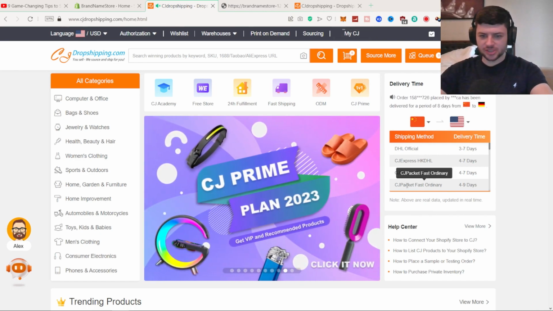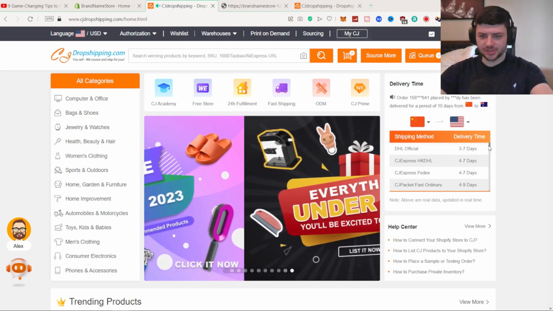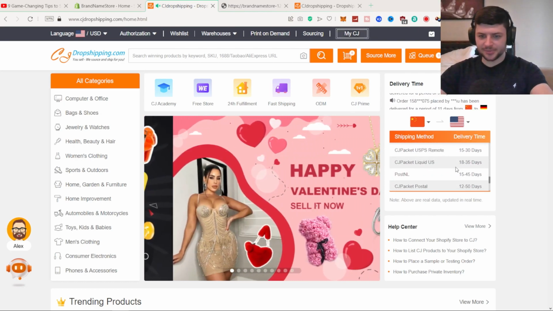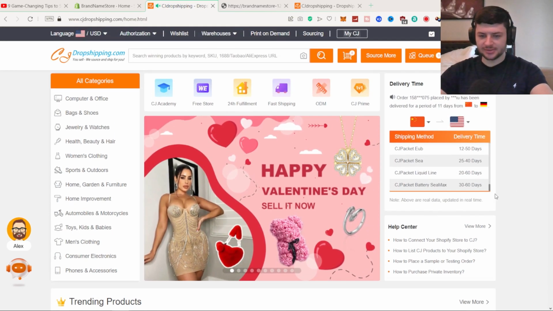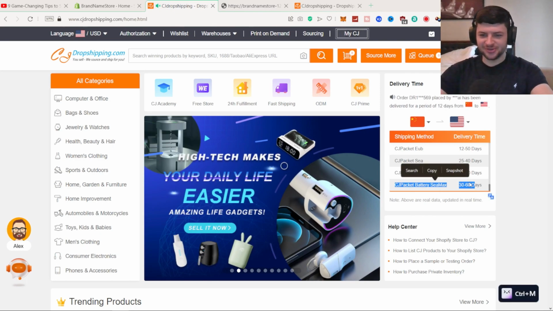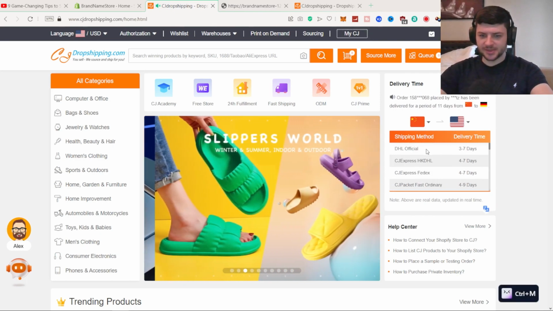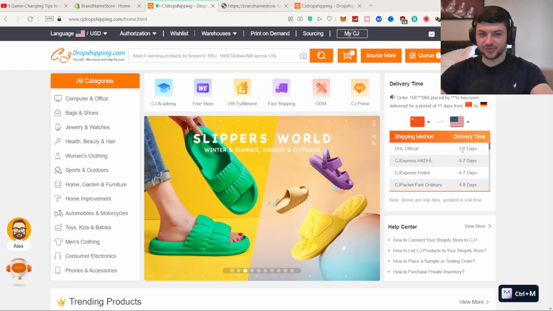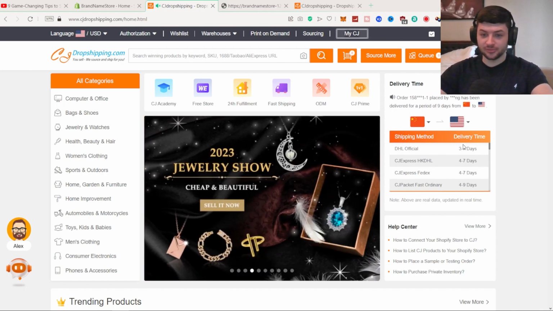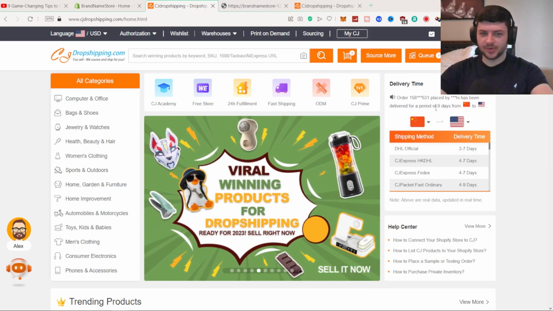So we have the CJ packet, we have DHL, which is obviously the courier service, and we can see the delivery times for each type of packet type. Obviously the less you spend on it, the higher the delivery time is going to be, with the cheapest basically just being AliExpress duration and shipping, right? If you get the more expensive one, or DHL, you're going to get up to 3 to 7 day shipping from China to the United States, which is actually a really impressive number of days, because usually we're waiting multiple